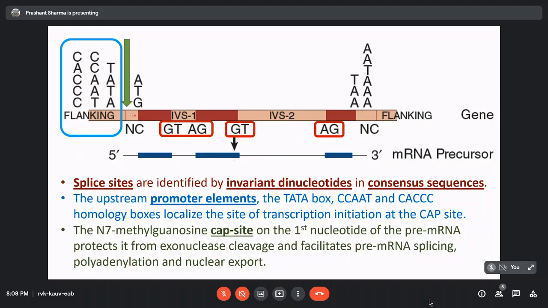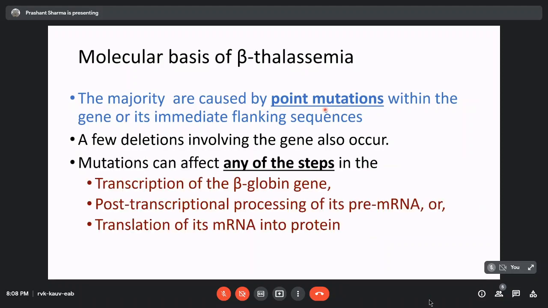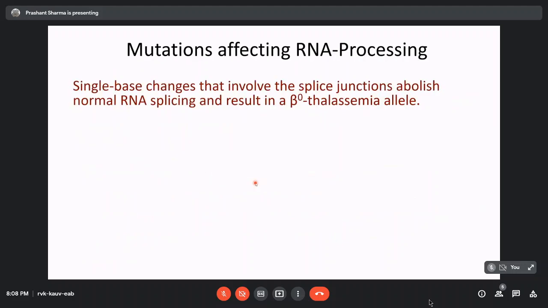So it stands to reason that if there's a mutation happening at the cap site, even though all the promoter sequences, even though the sequences of the gene itself are going to be normal, we will have underproduction of the beta globin. So we already know that the molecular basis of beta thalassemia predominantly is point mutations and some deletions like the 619 base pair, and mutations can occur at any of the sites, any of the steps that we just discussed. And the mutations, depending on how much underproduction they cause, can be of these 3 types. So let us look more closely at the mechanisms.